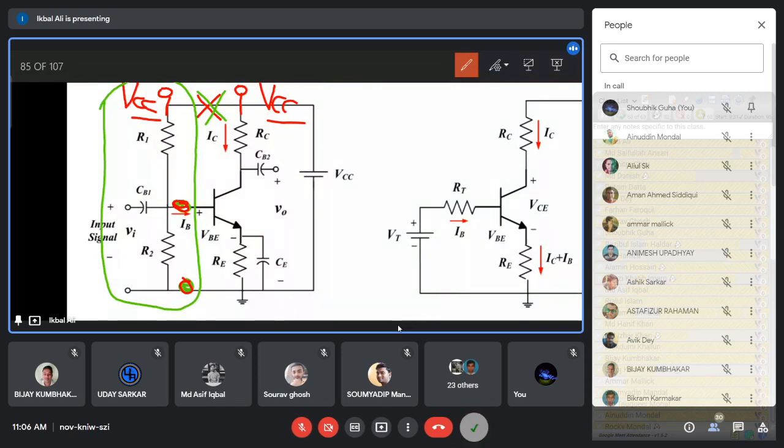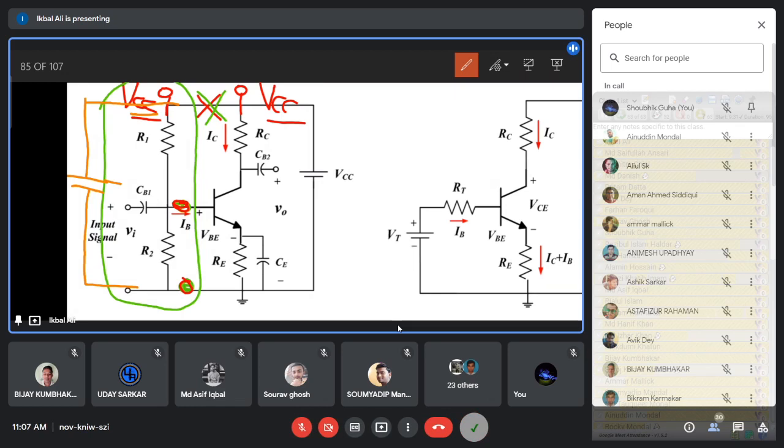This battery VCC, instead of representing it as a bubble over the R1, we can elaborately draw how the VCC is actually connected. VCC is connected like this into this portion of the circuit. So this is your VCC plus and this is your minus, and it is connected to the ground. Instead of representing it as a bubble over the R1, the VCC battery is actually connected like this. So this is the physical connection and this is the representation.